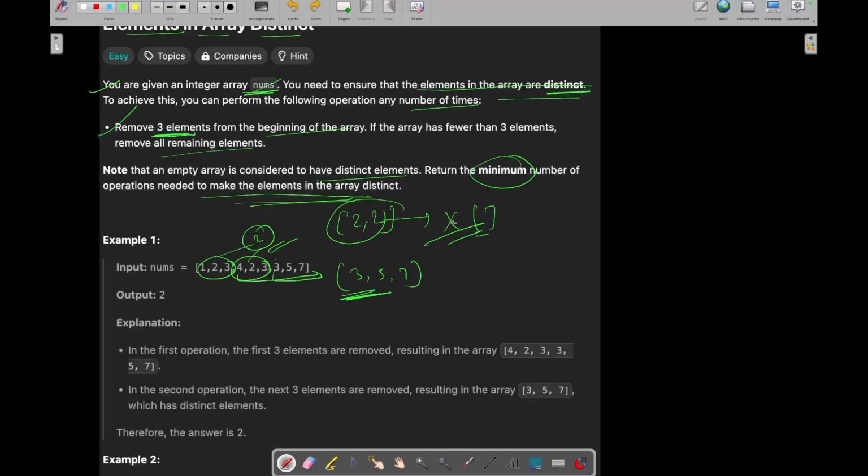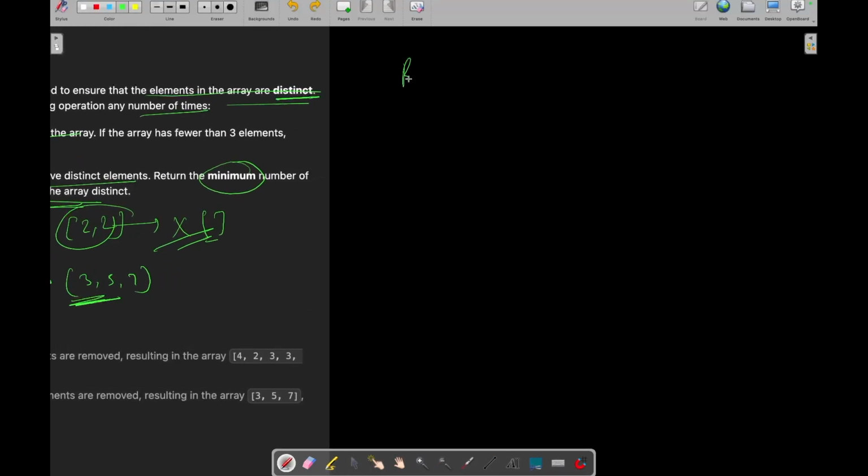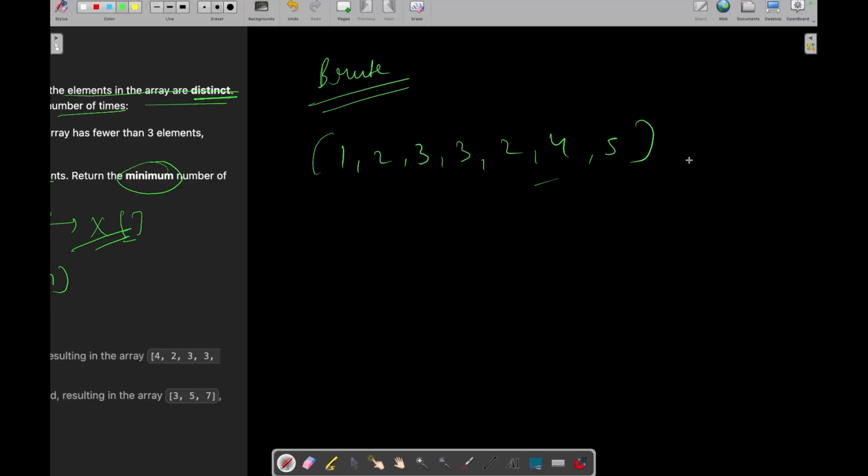So one very basic brute force approach which comes to our mind for solving this question is that, let's say you have an array something like this, 1 2 3 3 2 4 5. Cool. So what we can do, if we are at this index, then we will check whether this array contains all the distinct elements or not.